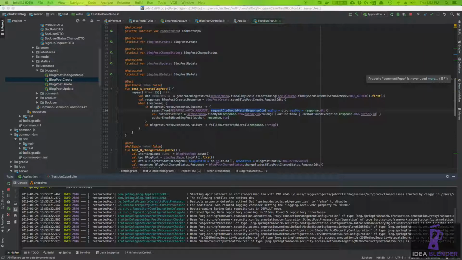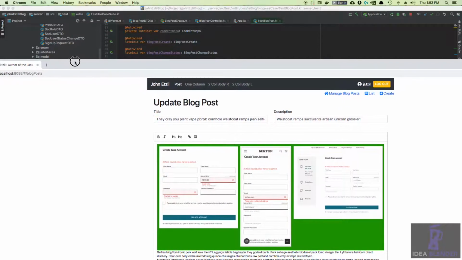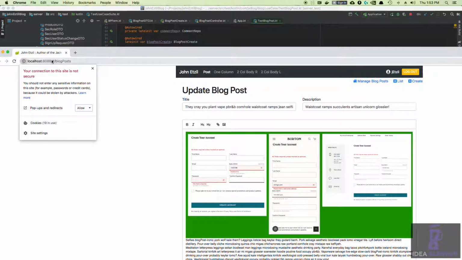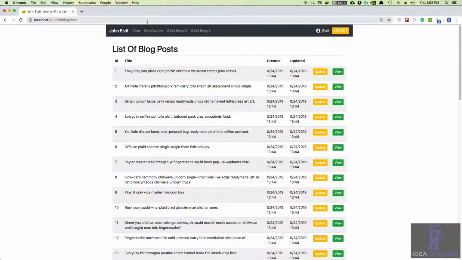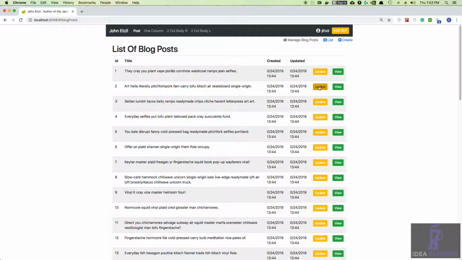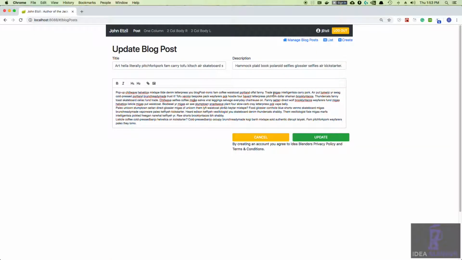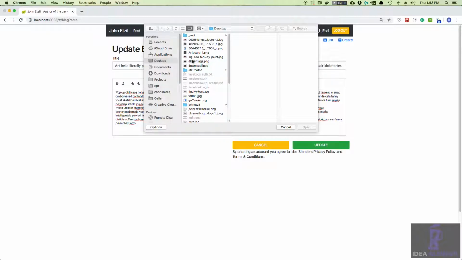So now if I fire up my server and I want to show off the UI, I'm able to come here. Let me refresh. Now I've got an auto login script that logs me in as my author. But here you can see it can come down. I can list all these posts. These are all generated randomly. And then I can update them. So let's say I want to add an image to this. I can come through and throw an image